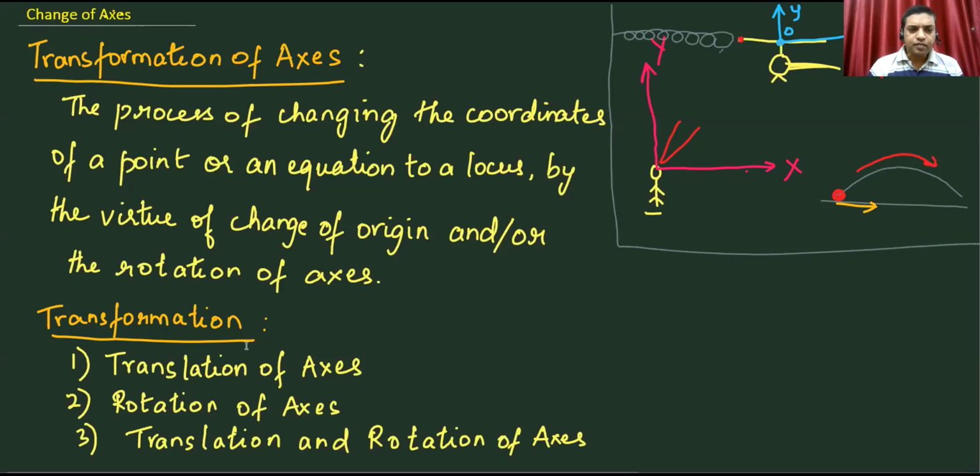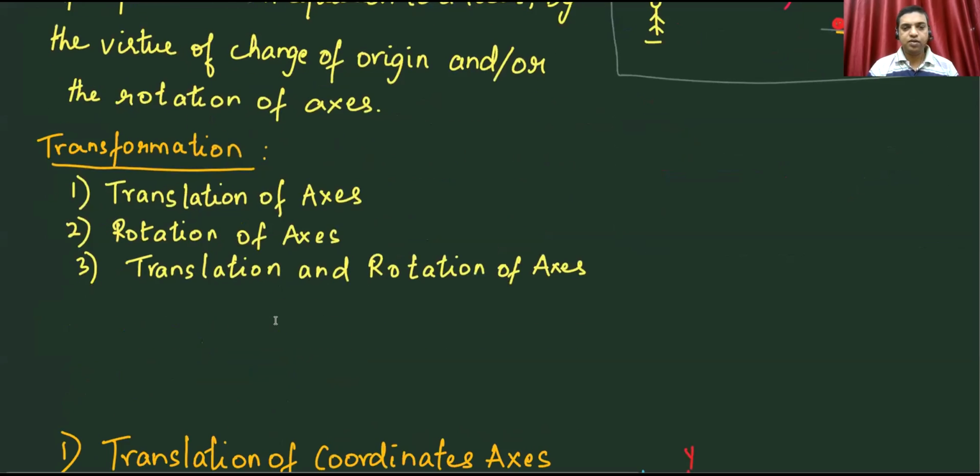In translation, we move the coordinate axis to a different point straight away without any rotation. We just move it to a different point. In rotation, what we do is